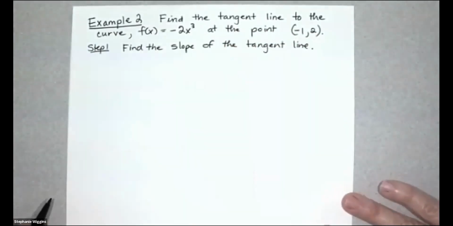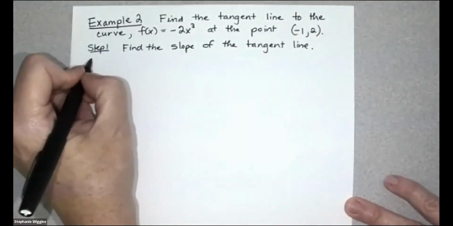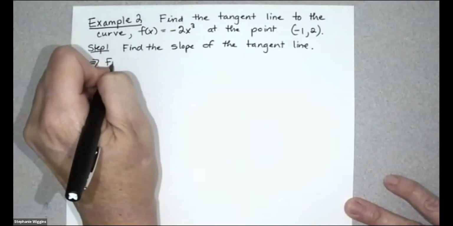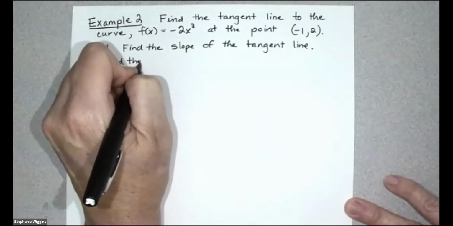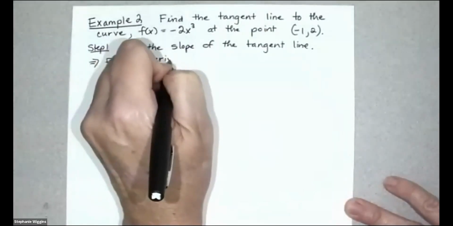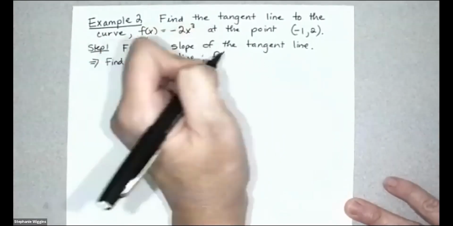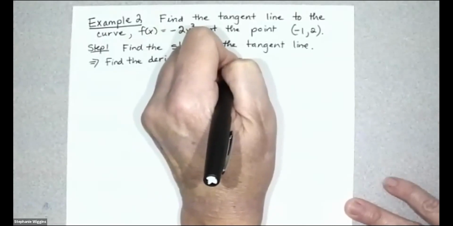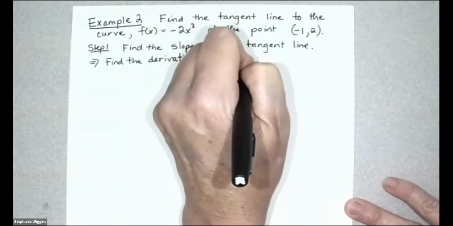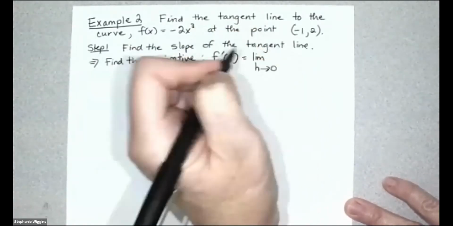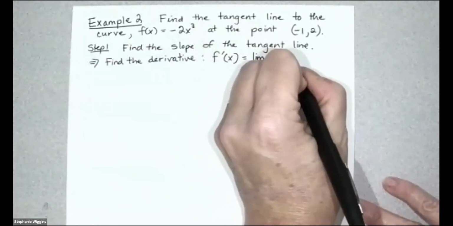Okay, this would be the derivative. And remember, the definition is the limit as h approaches 0 of our difference quotient